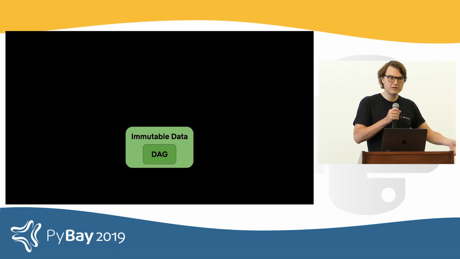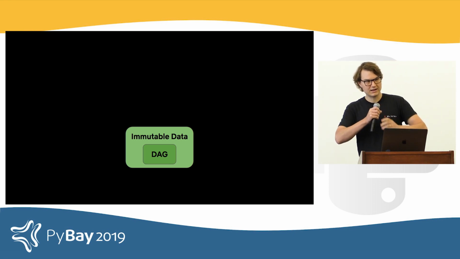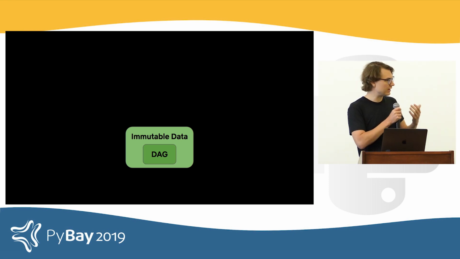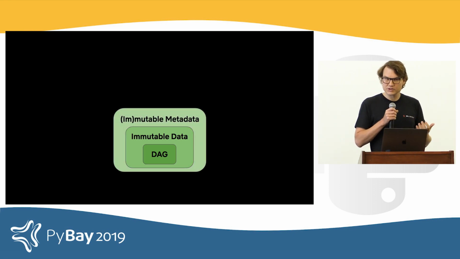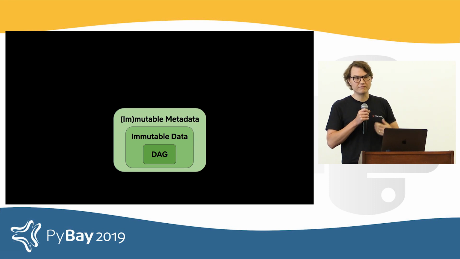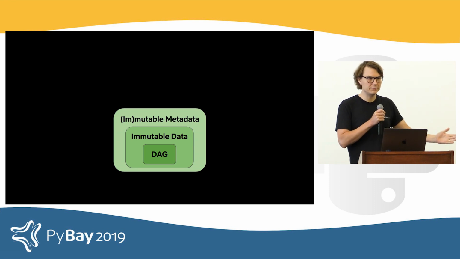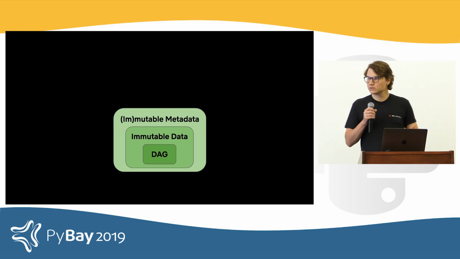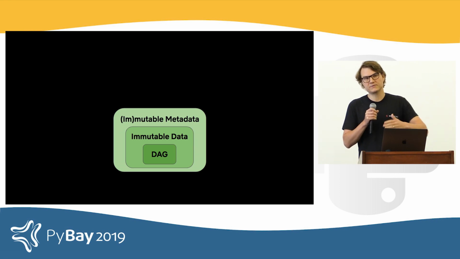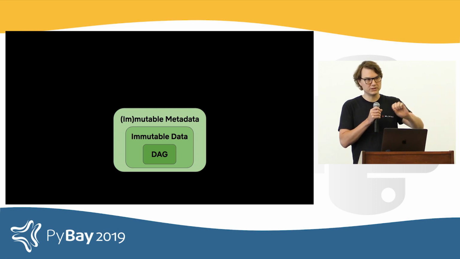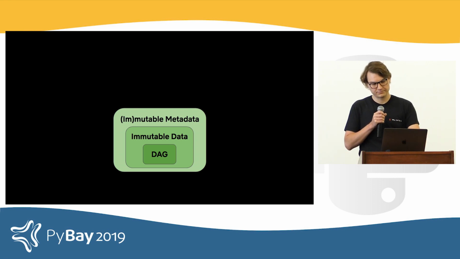And again, when you have immutable data and you have your DAG, you can test everything and make sure that everything works in a reproducible manner. Around this, as I mentioned in the stack, we are very much concerned about versioning and keeping track of everything that ever gets run. We want to know the experiments that were run in the past and so forth. So we have this layer of metadata where people know all the experiments that have been done in the past. And the part that is not fully immutable is that afterwards you can go and tag something, saying, by the way, these were the good results and these are the bad results.